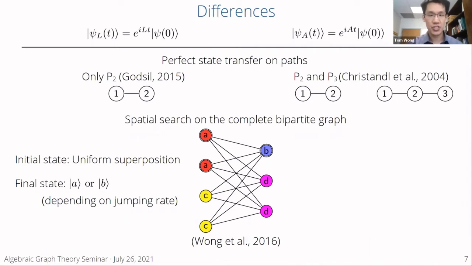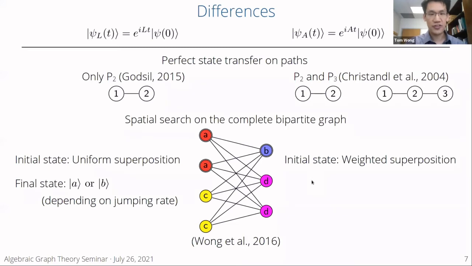If you search using the adjacency quantum walk instead, it turns out it's better to start in a weighted superposition. So the amplitudes on the left side will all be equal, but they'll be different from the amplitudes on the right side, which will all be equal to each other on the right. If that makes sense. So the left side is not going to have the same initial weight as the right side. And this is basically to make it so that your final state has a success probability of 1. That's why they have different initial states.